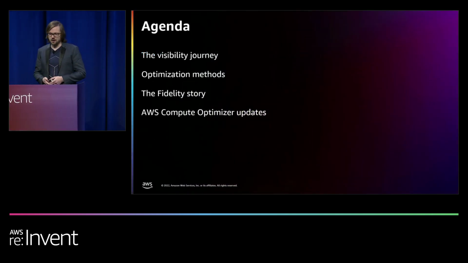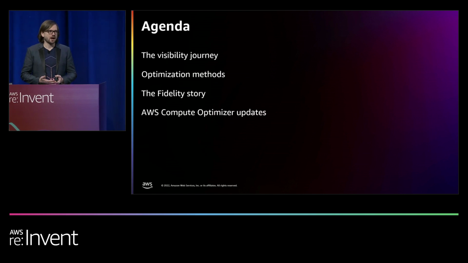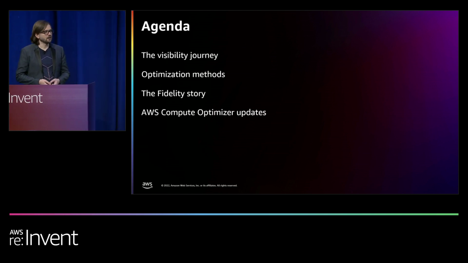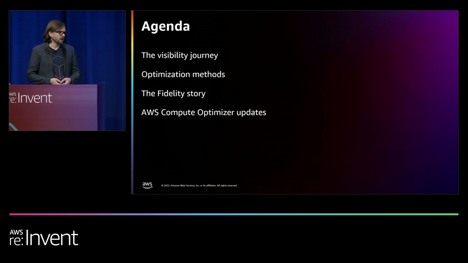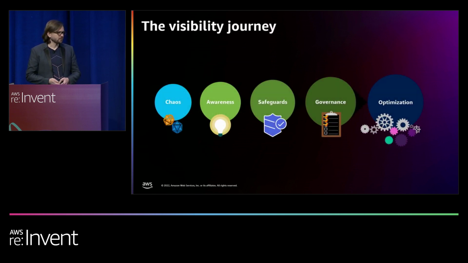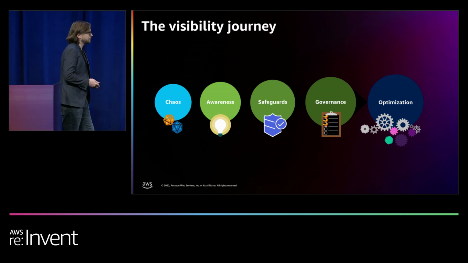So we're going to start by talking about the visibility journey, kind of as you go through and understand cloud costs and learn to manage them, and then at the end, how we get to optimization. We're going to talk about the methods that organizations can use and apply to their AWS environment to optimize. Then we're going to have Noel talk about the Fidelity journey. And then we're going to talk about specific updates to the AWS Compute Optimizer product. So we're really excited to bring some new information, and we just had some launches earlier this week we're excited to talk about. So to start with the visibility journey,